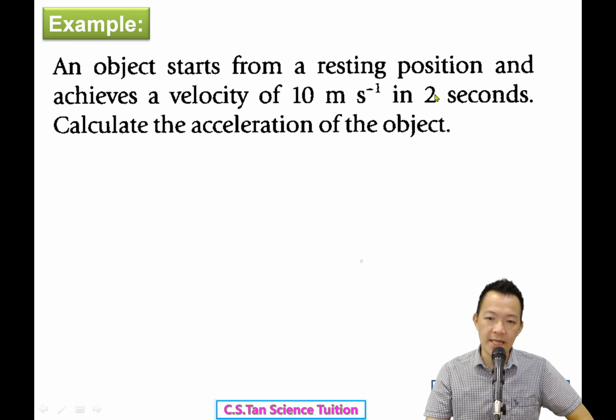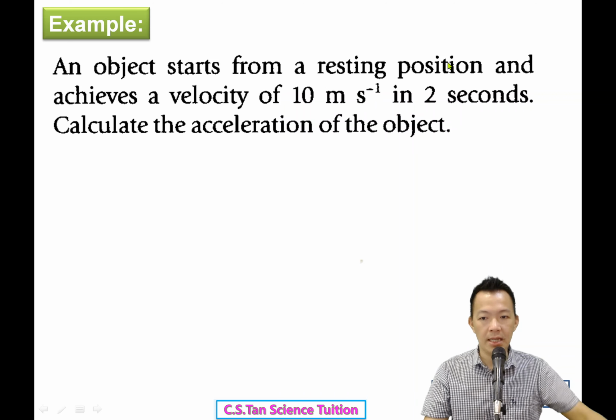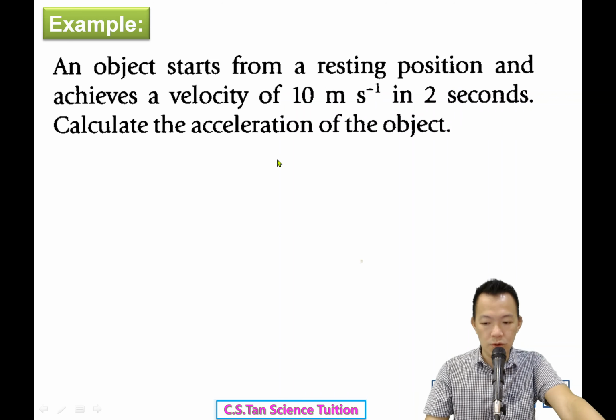Okay, so 2 seconds from 0 become 10. 2秒它能来到10 1秒它变得5了 So for me, I can see the answer. The acceleration will be 5 meter per second squared. 2秒它加速到10 1秒它加速到5罢了啦 1秒加速5啦